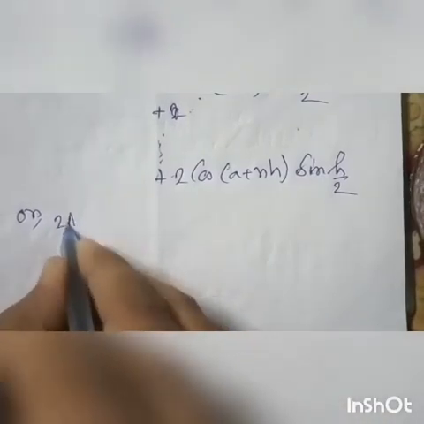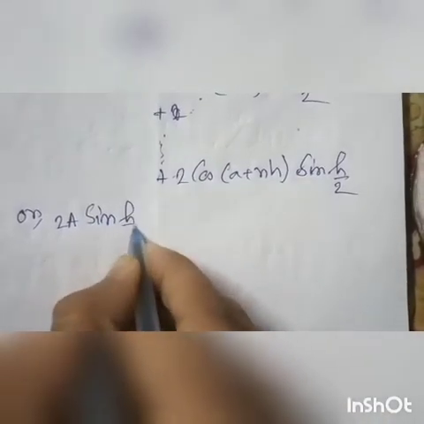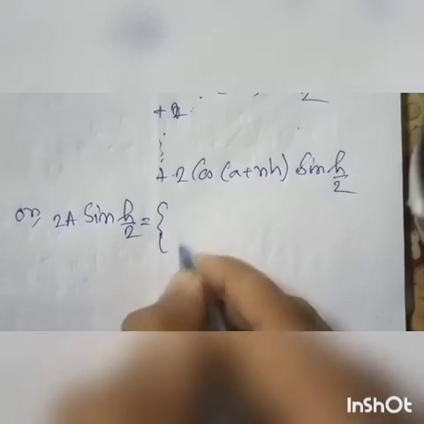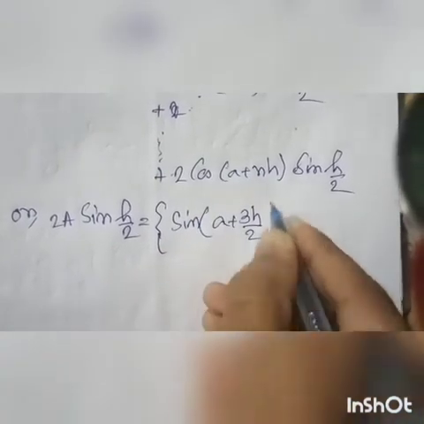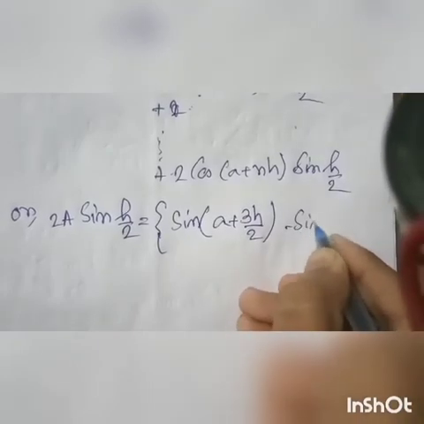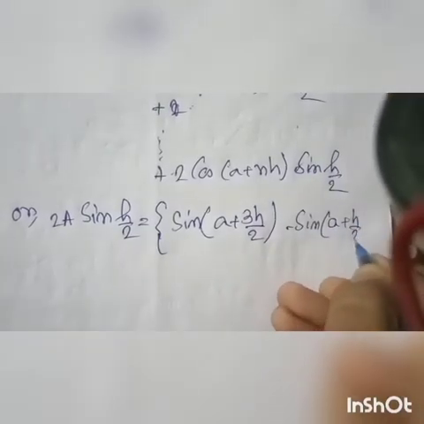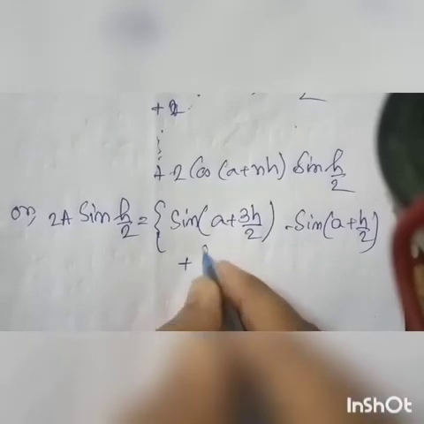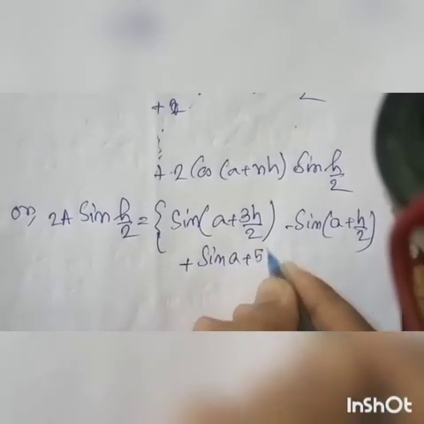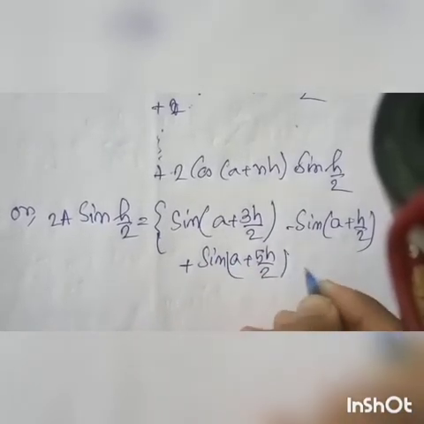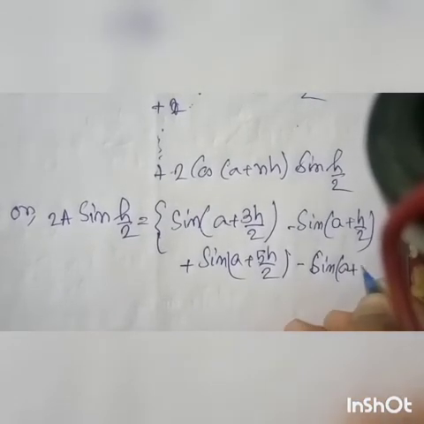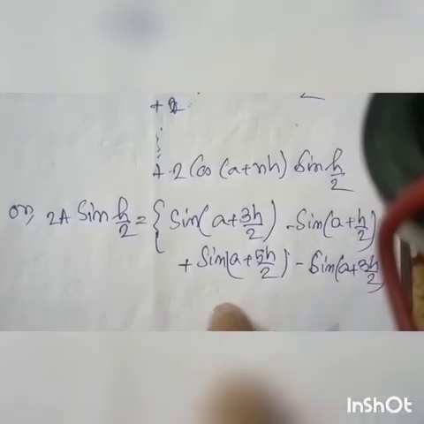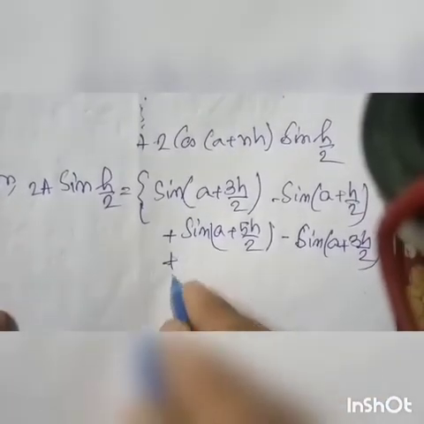or 2a sin(h/2) equal to sin(a+3h/2) minus sin(a+h/2), plus sin(a+5h/2) minus sin(a+3h/2), plus